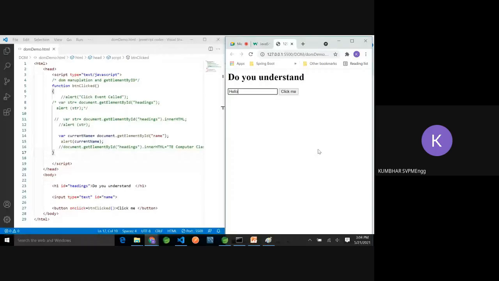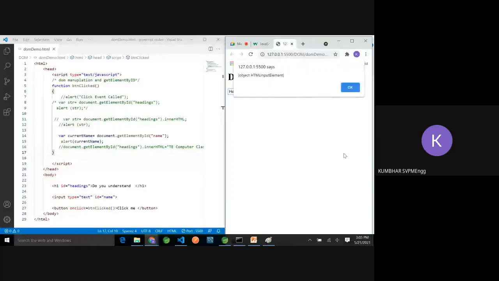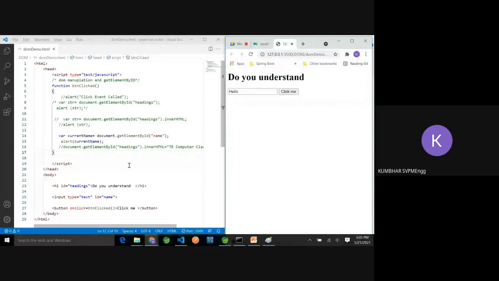Let's see. What is displaying? HTML input element, because we have not reached the contents. We reached only that element. Give me a reply. Yes, sir.